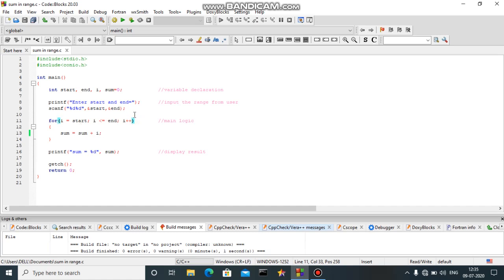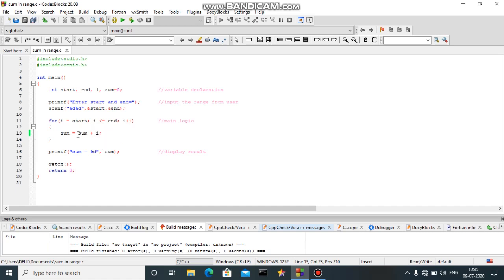So in the statement section, the sum will be calculated as, for the first time, sum equal to sum plus 1. What is the initial value of sum? 0. 0 plus, suppose start is 1 and end is 10.